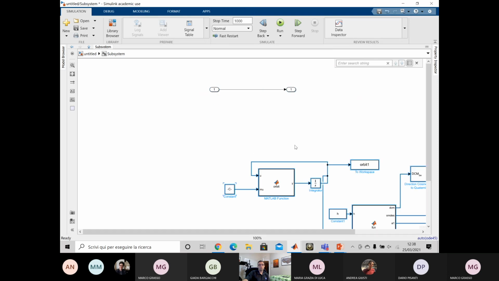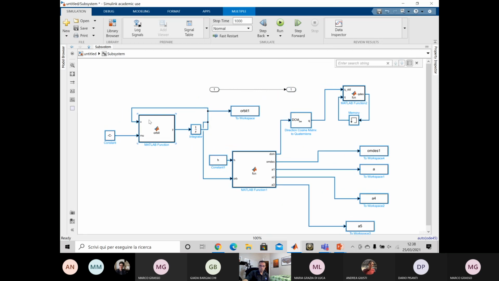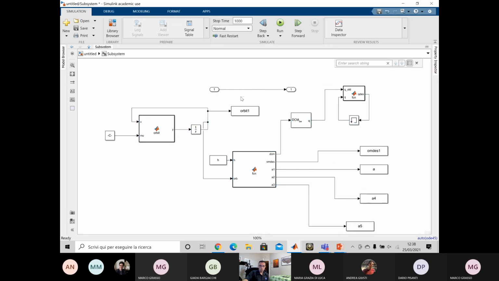So I place all the blocks in a subsystem where the inputs are